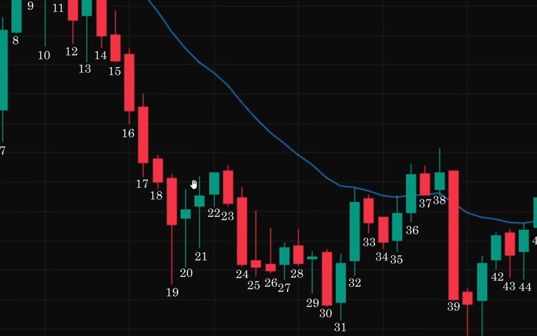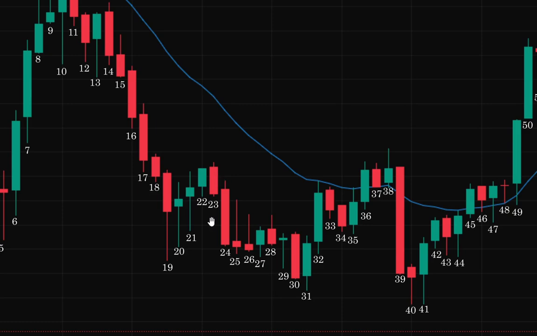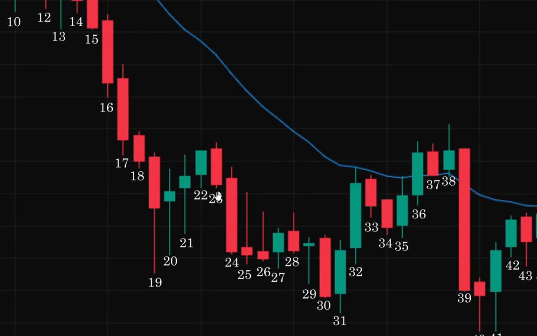Now you can see that this is a pullback, and eventually I was hoping to get in below 23, but I was hoping to get a low one sell setup, because this is a low one sell setup. After this move, this is a pullback, this is a low one sell setup, and if the market could have made above this or around this place, you could go for a low two sell setup. Okay, but that didn't happen, so I didn't take the trade.